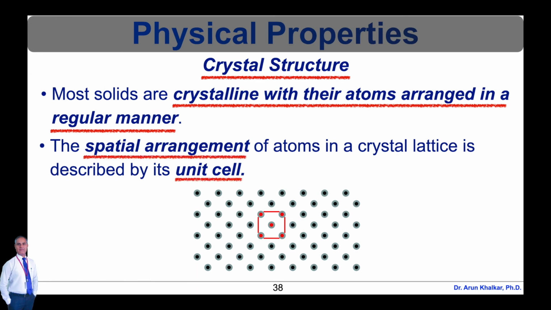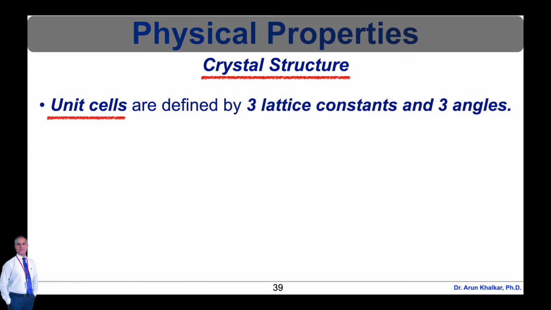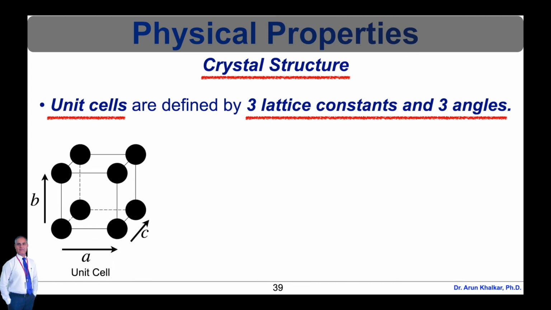The spatial arrangement of atoms in a crystal lattice is described by its unit cell. The unit cell is the smallest possible volume that displays the full symmetry of the crystal. Many materials have a preferred unit cell, as shown in this diagram. In three dimensions, unit cells are defined by three lattice constants and three angles. This leads to 14 Bravais lattices, each having characteristic restrictions on the lattice constants, angles, and centering of atoms in